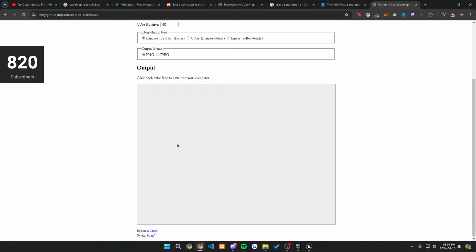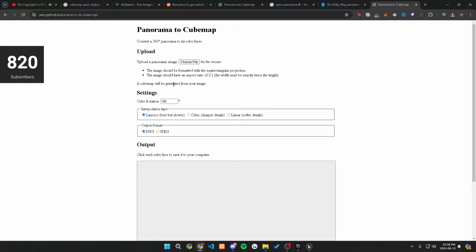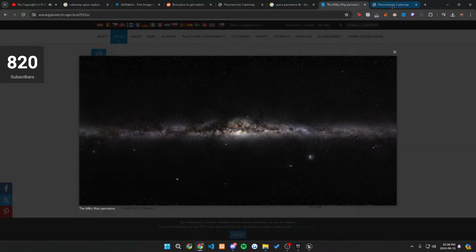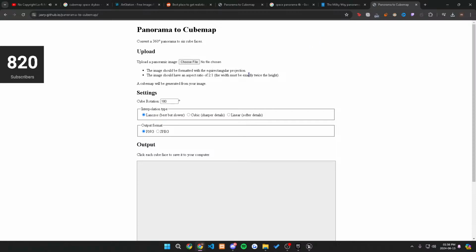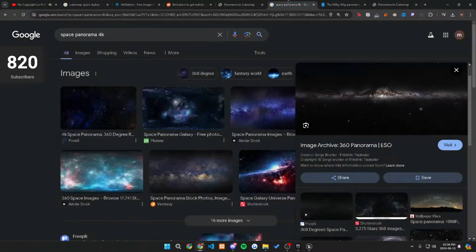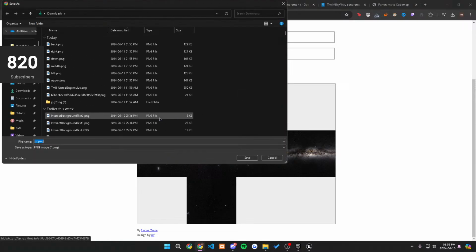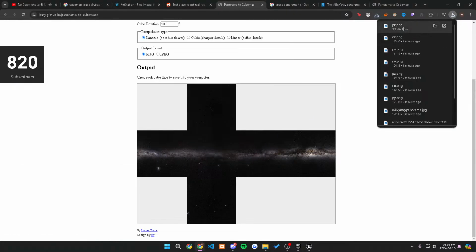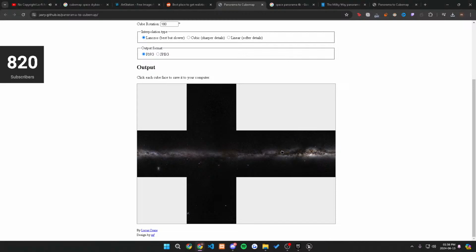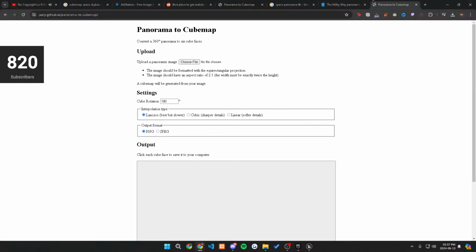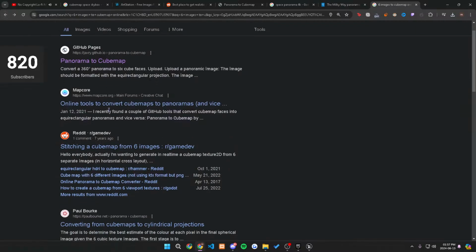This is the same website, but this is converting panorama to 6 face cube map. But now I want to convert a cube map. Wait, can I just do it with a panorama? No, I can't do it with a panorama because I need it to be, you know what I could do though? Can I just save image as? Or does that only do 1 image at a time? It only does 1. Okay, so let's see if there's another website where I can